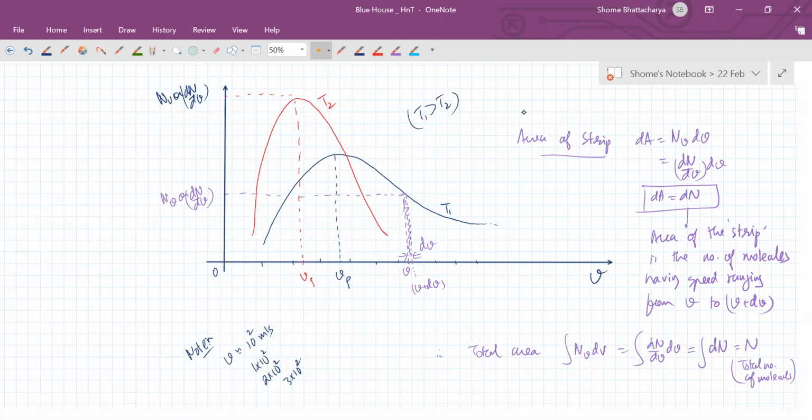Yes, that's correct, Shikhar. The most probable speed increases, but the probability of the number of molecules having most probable speed decreases. Because you can see the peak is coming to a lower point on the probability axis, but it's going to a higher point on the velocity axis. But also, as the curve is more flat compared to the one at T2, which is at lower temperature, you can see that the average speed increases.